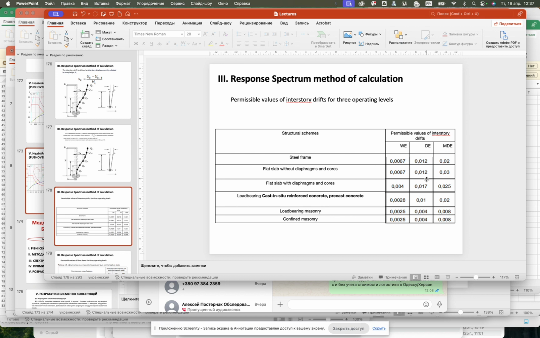Exceeded. So, if our displacement is more than 36 millimeters, then this value is exceeded. That means that our structural scheme does not have enough rigidity and load-bearing capacity to withstand the design earthquake. That is why we have to make certain adaptations of the construction or structural scheme of the building to reduce this effect. And next, the maximum design earthquake, which we will perform based on the